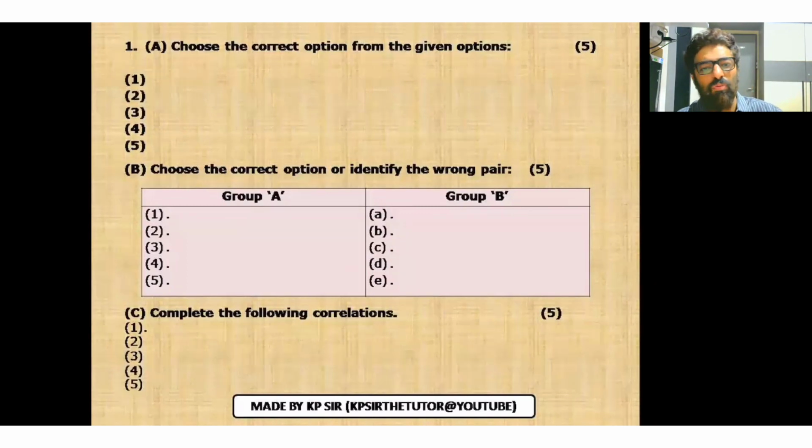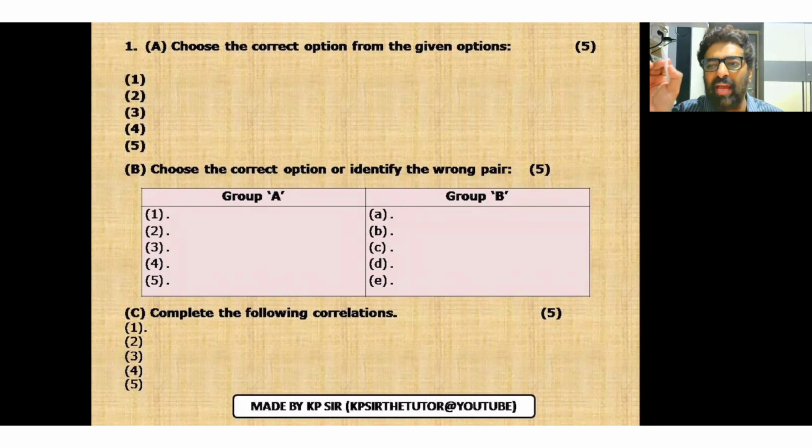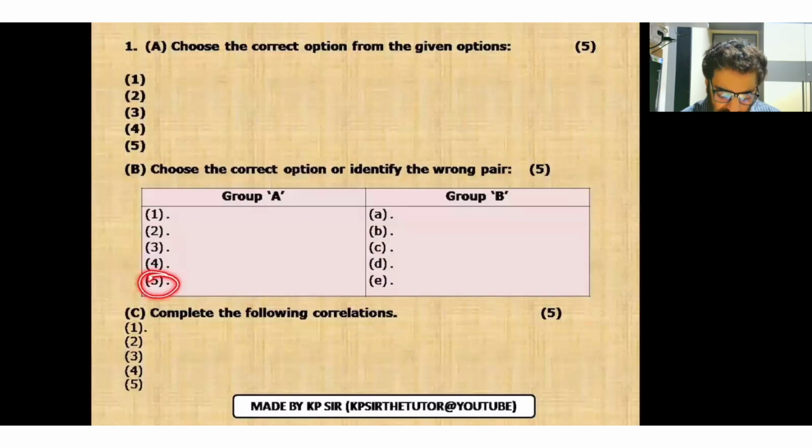Or they might give you 4 correct and 1 wrong pair, and you have to identify the wrong pair. So in the answer, you just have to write the wrong pair is, and write which wrong pair it was. For example, you find the 5th to be the wrong pair. So write the wrong pair is 5th. Whatever the question is for the 5th and for E, that's all. That's enough. You know how to do it.